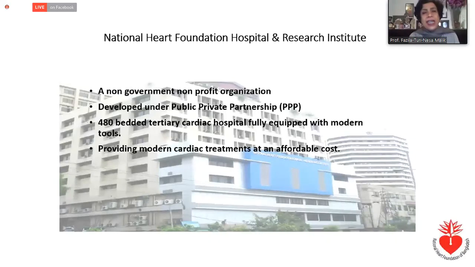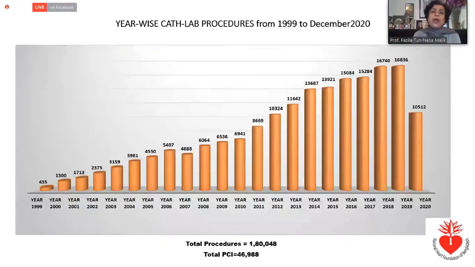I work at the National Heart Foundation Hospital and Research Institute, which is a 480-bedded tertiary cardiac care hospital. We started our journey in interventional cardiology in 1999 with a single cath lab. At present, we have 5 fully functioning cath labs. By the end of December 2020, from the inception of our first cath lab, we've done more than 46,000